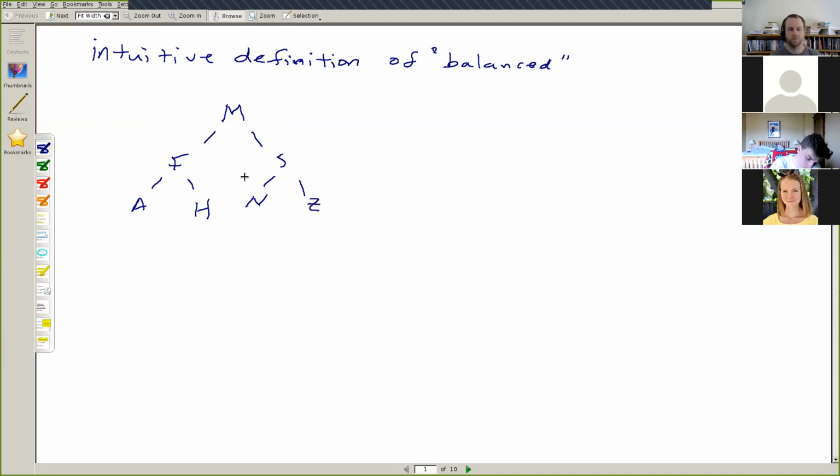Here's an example tree that satisfies the binary search tree property. Every left child is less than, and in particular, not just the left child, but every left subtree. Every node in the left subtree is less than, and every node in the right subtree is greater than. So the greatest node in this left subtree is less than M over here. This H is less than M. And we say that this tree is balanced because,